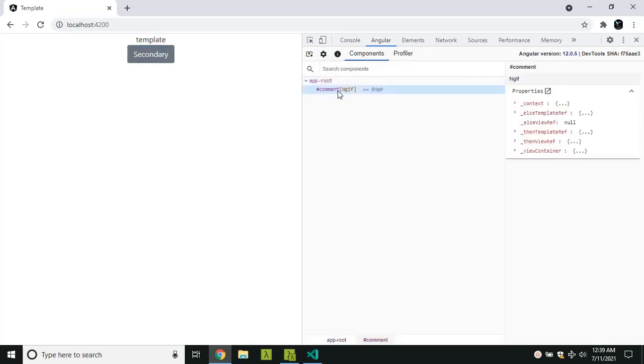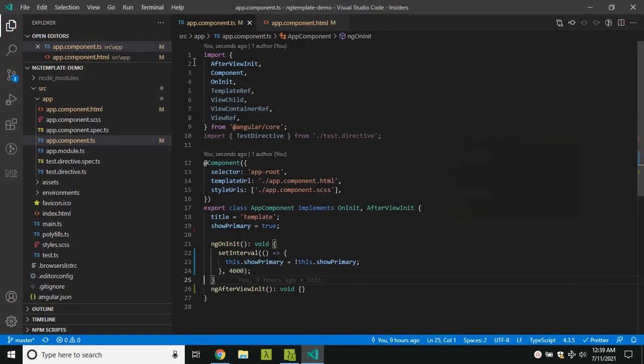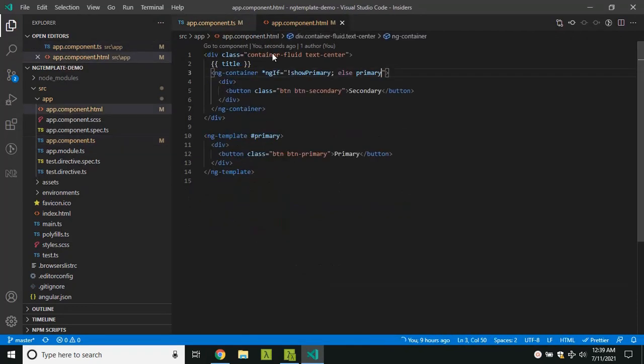Here you can see there's a comment node ngIf, and actually there are two template references. One is the else, which is the template reference which we gave, and by default there is another template reference. Whatever we give inside an ngIf, like here I gave the secondary button, is also treated internally as an ng-template by the ngIf directive.